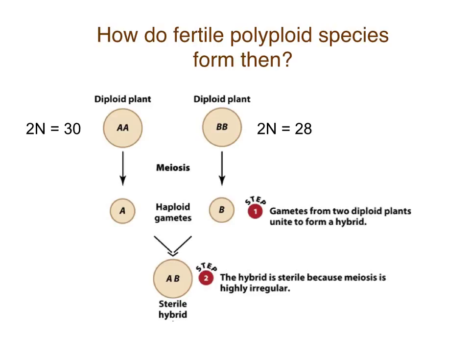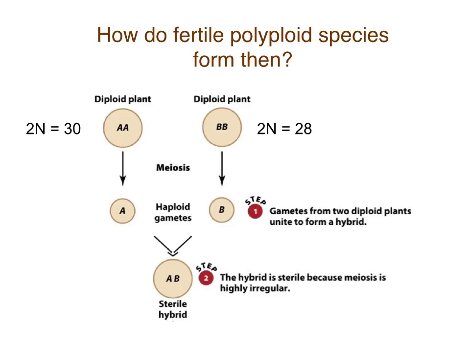This is a figure from the book that is just a general description of what is going on. Here you have 2 diploid plants, and it has this AA and BB. That's not a genotype, though when you first look at it you might think so. Basically, each A represents the haploid component of that genome. 2 haploid components of the genome make a diploid individual. I've thrown some numbers in here that aren't in the book, but I think it's helpful to look at some numbers to understand what's going on.